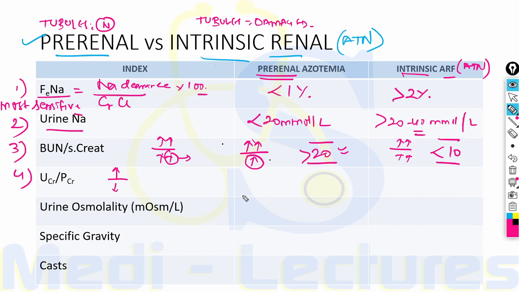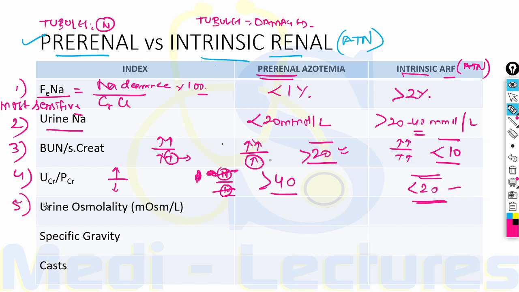So the urine creatinine upon plasma creatinine will be more than 40 in cases of pre-renal, but in intrinsic, urine creatinine is normal, that is not increasing due to tubular secretion, and plasma creatinine is also normal, so it will be less than 20. Normal means no change through the tubular secretion. Both of them are increased, that is urine creatinine and plasma creatinine both are increased. There the ratio will come less than 20.